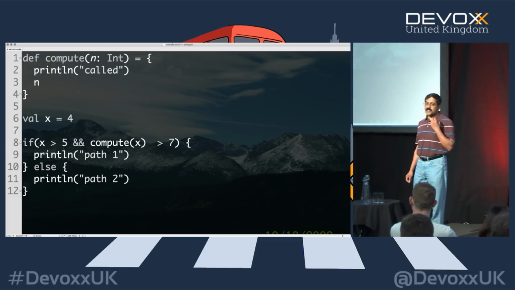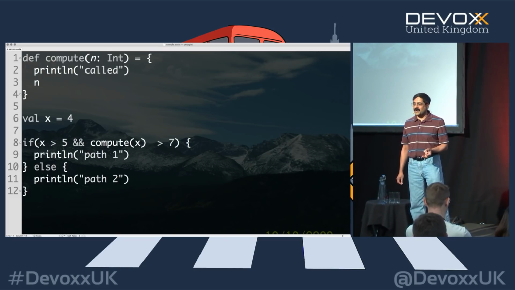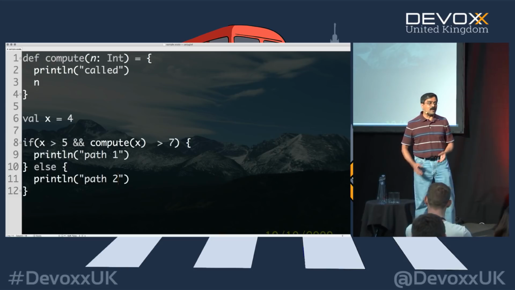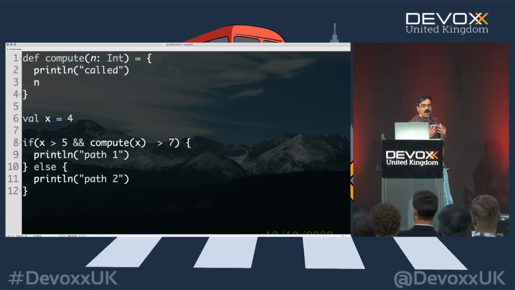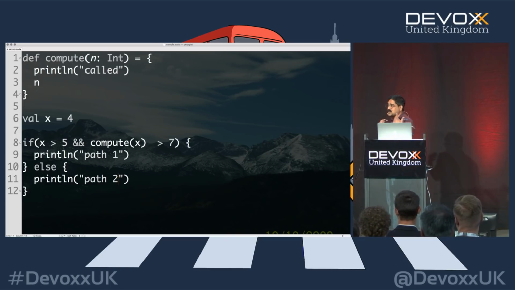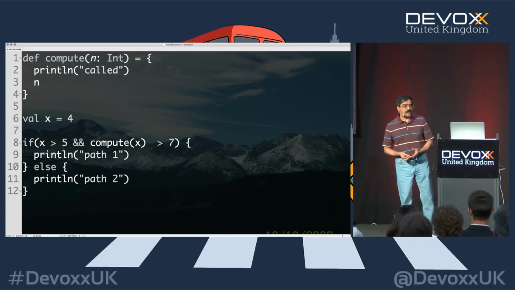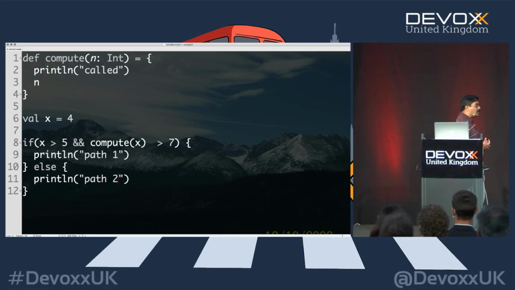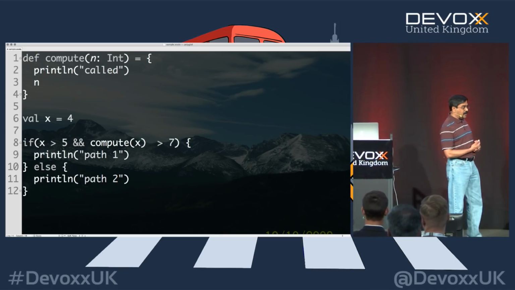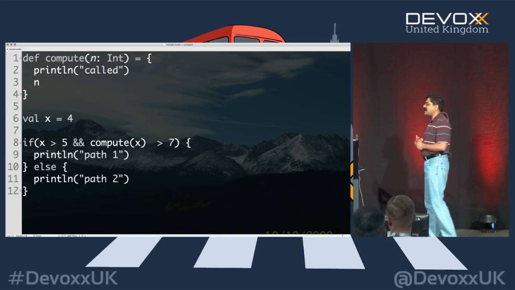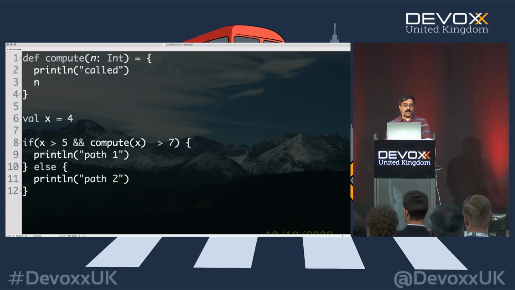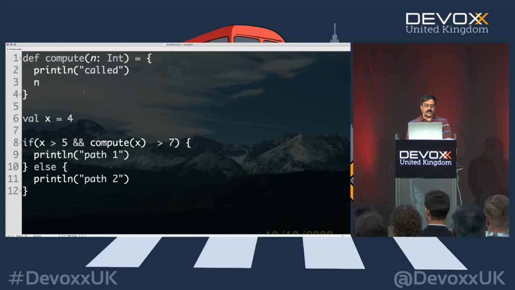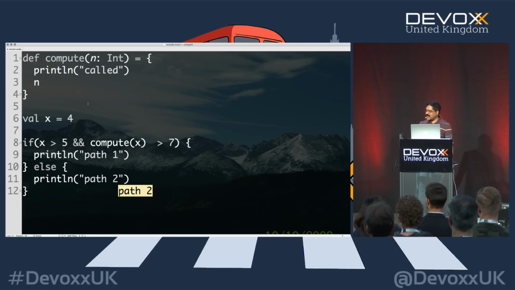In fact, mothers feed their children and they teach them about short-circuiting when they're young, saying when you grow up, become a programmer, you should know about short-circuiting, right? Because short-circuiting is something we all know. In every language that's worth using, it uses short-circuiting. The person who introduced short-circuiting was actually John McCarthy. He introduced this as part of the Lisp language, and every language ever since has been doing this, and we call this short-circuiting. So when I execute this little code, what you see as an output right here is just path 2. So there is no doubt about it in our minds.